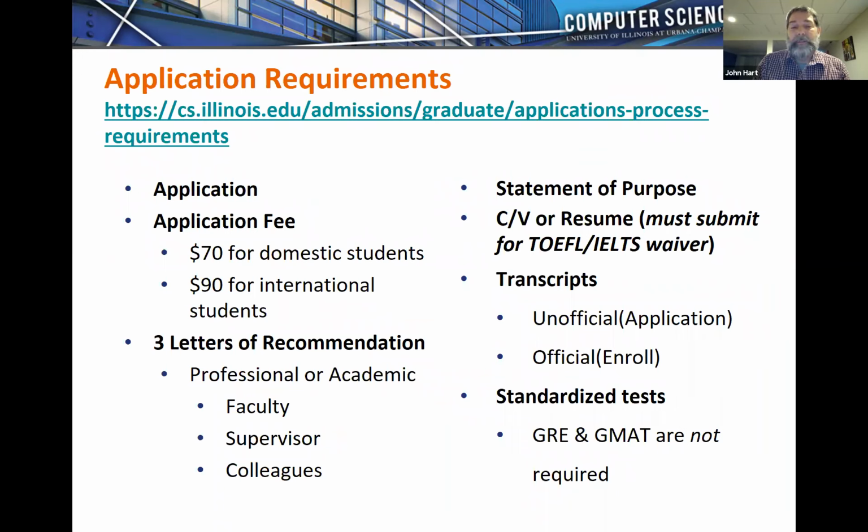And we'll read the letters of recommendation, but they really only have an impact if they're going to address any deficiencies in prerequisites. And again, it's a difficult process to use a letter of recommendation to overcome a deficiency in a prerequisite. But for example, if you've worked as a software engineer for many years and you have a manager that can speak directly to your use of data structures and algorithmic analysis in your software engineering, then that could be considered.